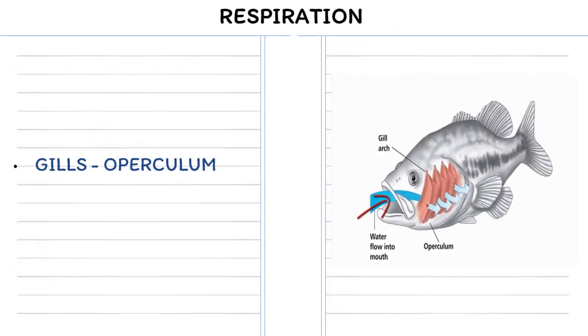Respiration is by gills. Here the gills are covered with the operculum. But in chondrichthyes, as we said already, lamelliform gills are there, but without operculum, that is, not covered. But here the gills are covered with the operculum. Can you see this operculum in the figure? Inside, the gill is there, and the outer covering is there. It is closed with this outer covering, which is known as operculum.